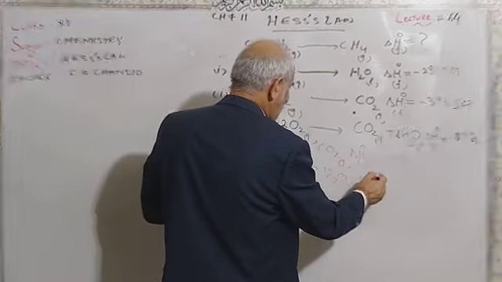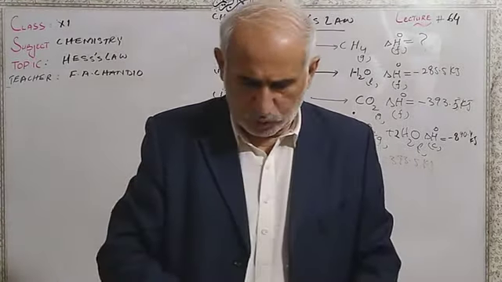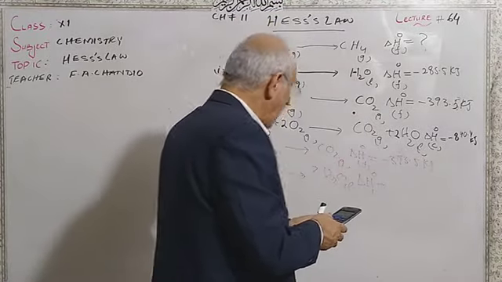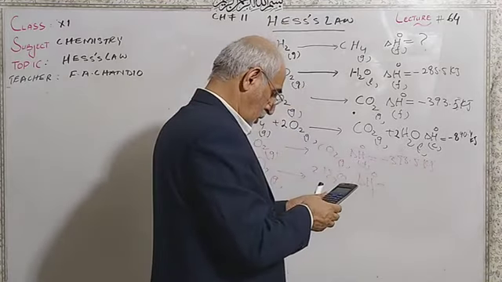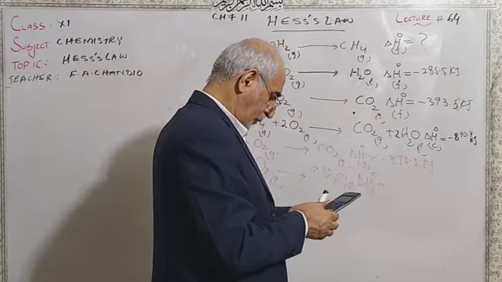So delta H naught formation, I must multiply by 2. So 2 multiplied by 285.5 is equal to